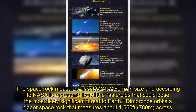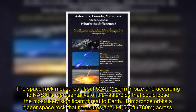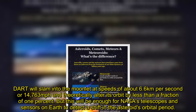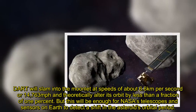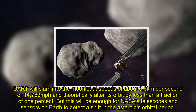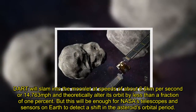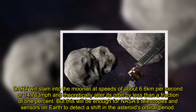Dimorphos orbits a bigger space rock that measures about 1,560 feet, 780 m, across. DART will slam into the moonlet at speeds of about 6.6 kilometers per second or 14,763 miles per hour and theoretically alter its orbit by less than a fraction of 1%. But this will be enough for NASA's telescopes and sensors on Earth to detect a shift in the asteroid's orbital